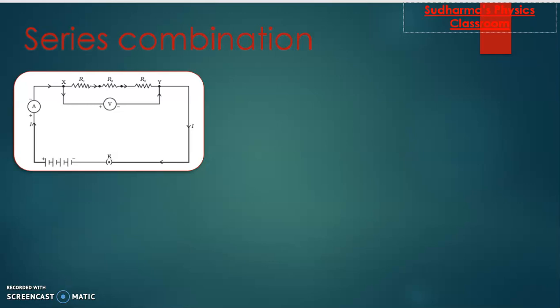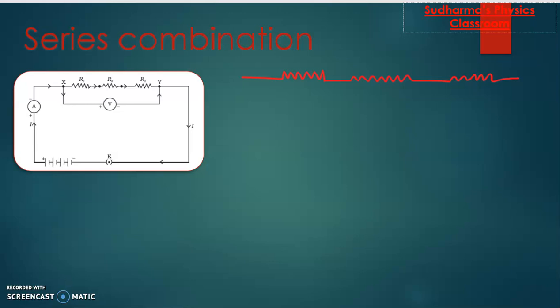The first important thing we are going to learn is the series combination of resistors. Series combination means end-to-end combination. You have one resistor, then another resistor, next, and so on. The connection continues like that. In this diagram, we have taken only 3 resistors for easy understanding. Whatever we explain here is applicable for n number of resistors, however many you connect.